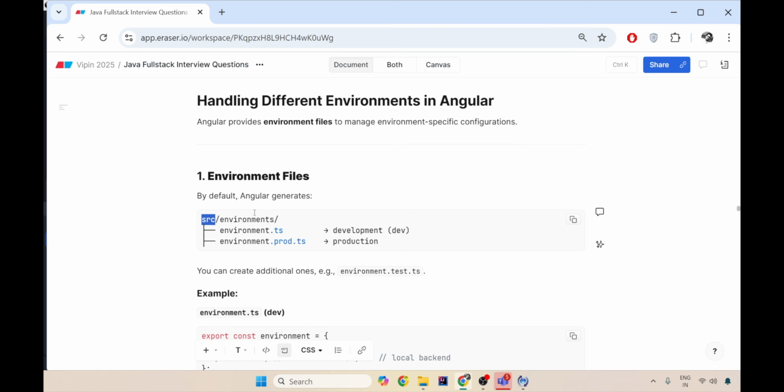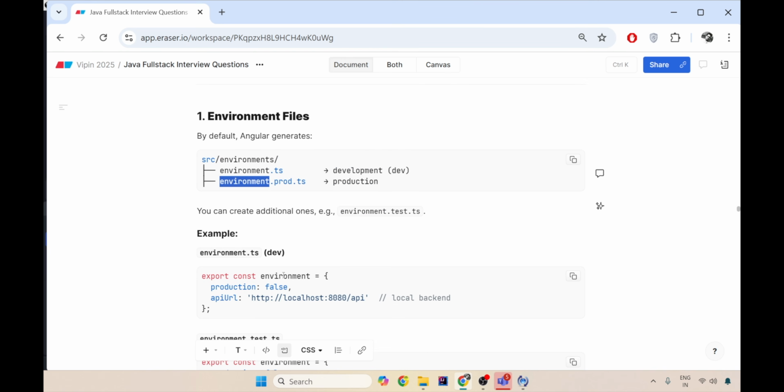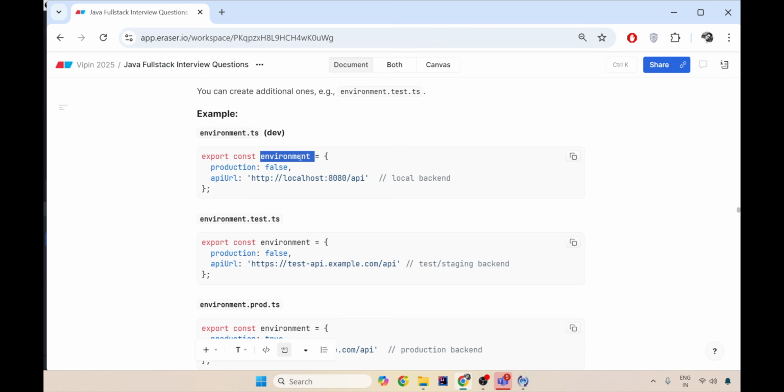In that, you can create an environment.ts file, an environment.test.ts file, and an environment.prod.ts file. And then there is a constant to be created with environment where you can have your API URLs. And this API URL is different for all the files. Like for the test, that is the environment.ts file, the API URL is the test URL. In environment.test.ts, it is a test pod URL. In prod, it is a prod URL.